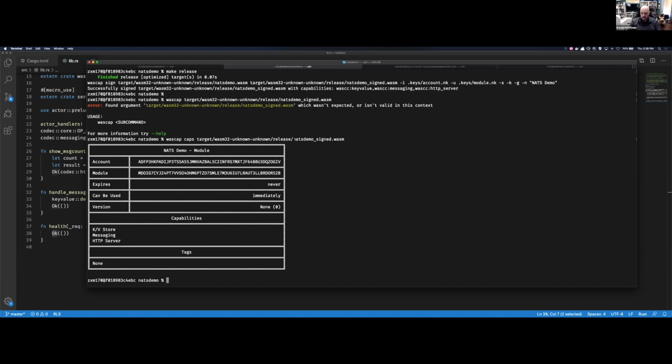Its capability attestations come from somewhere else. With it being embedded in the WebAssembly module, this portable module has the same list of permissions regardless of where it goes. And you can see that it's been granted the permission for a key value store, messaging,